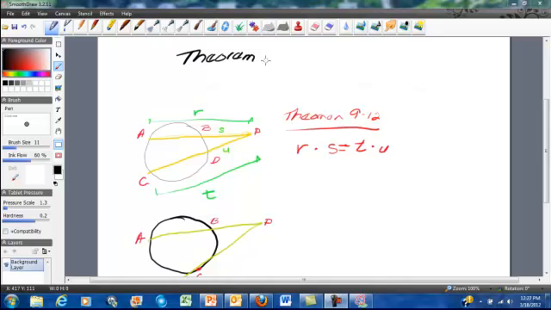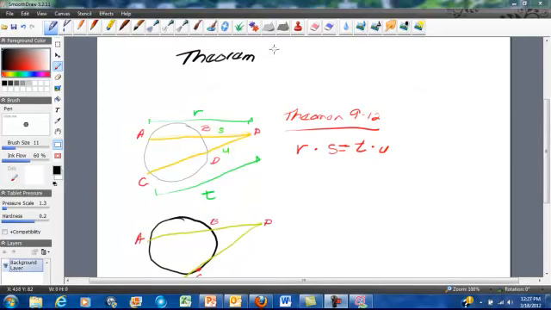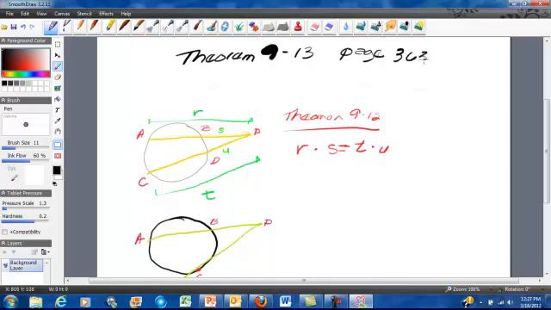Questions about Theorem 913, which is on page 363 in the text. So, from Theorem 912, if you look down here, Theorem 912 says, look, if we have this circle, and if